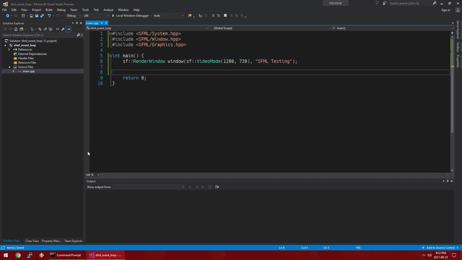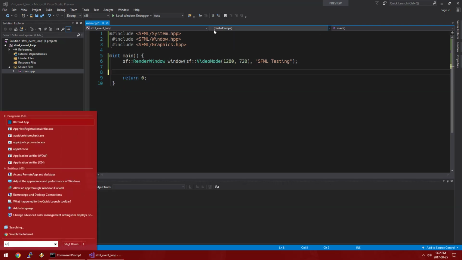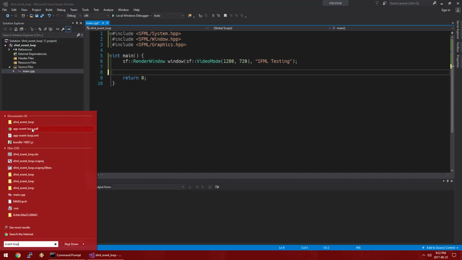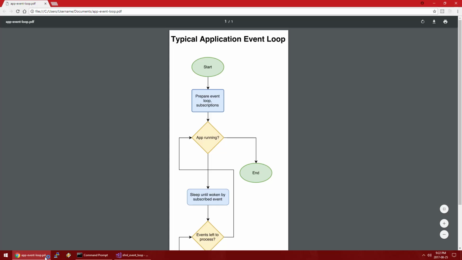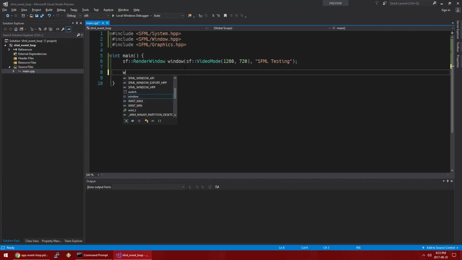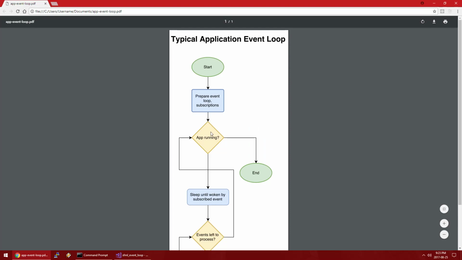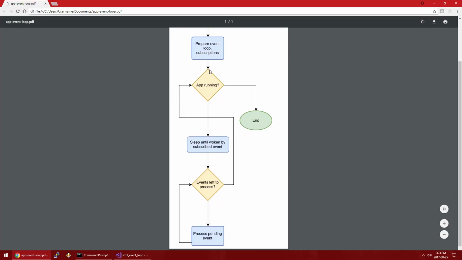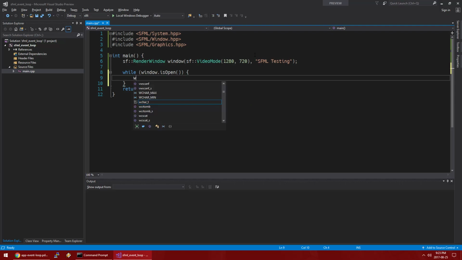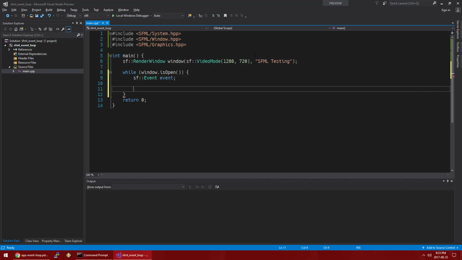Now, if we refer to our event loop diagram, then we'll think, alright, so the main functions come into preparing our event loop, preparation phase. Now we're going to say while window is open. So creating this concept here of is the app open, and we are going to have within this scope an event object